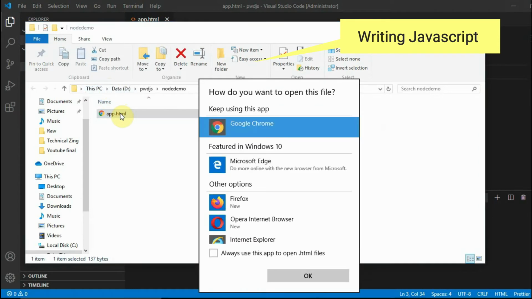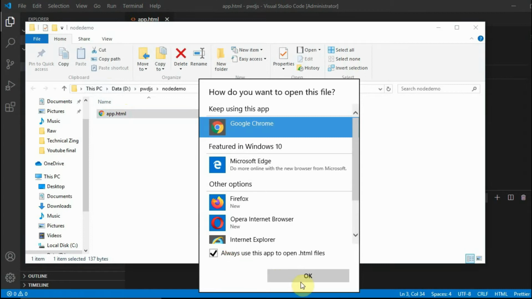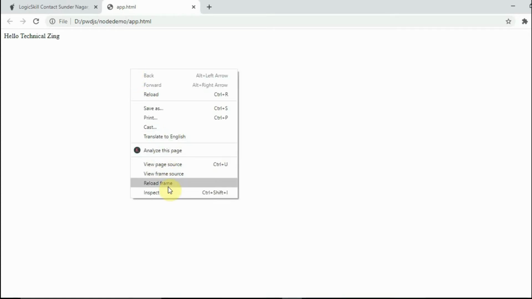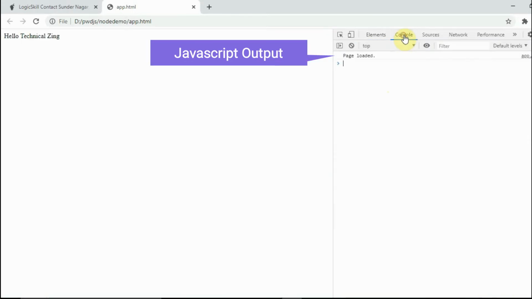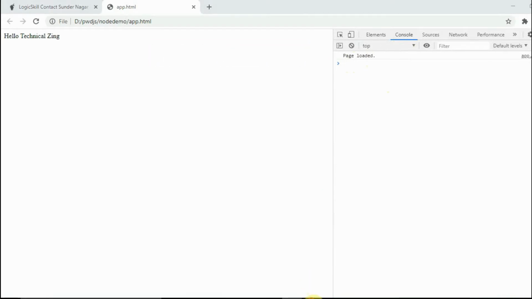After opening the page in browser, I just need to inspect it so that I can see the console where we are logging using JavaScript. In the console section, we see the page loaded is shown.